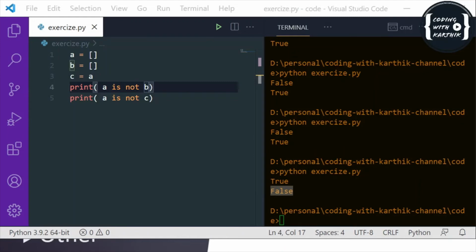And next one is assignment operators. Assignment operator is nothing but to assign values to a variable. So as we use equal to, right? Equal to is also an assignment operator. Let me give you an example.